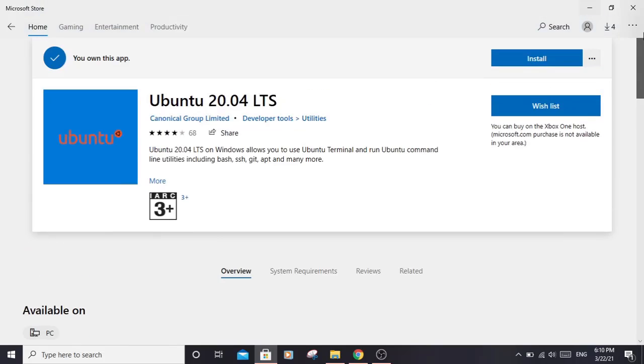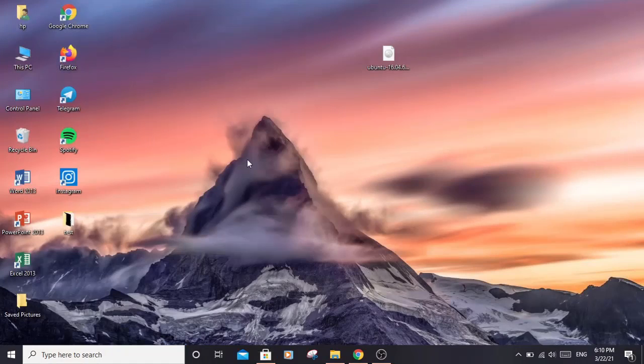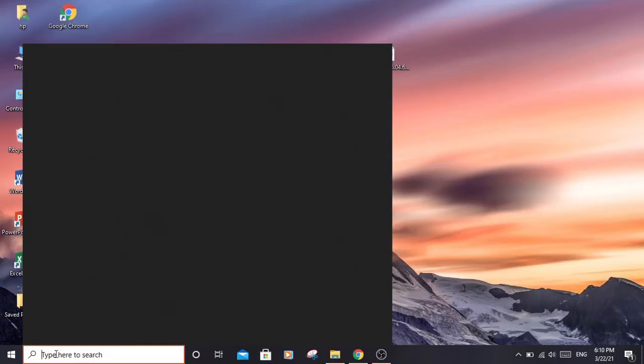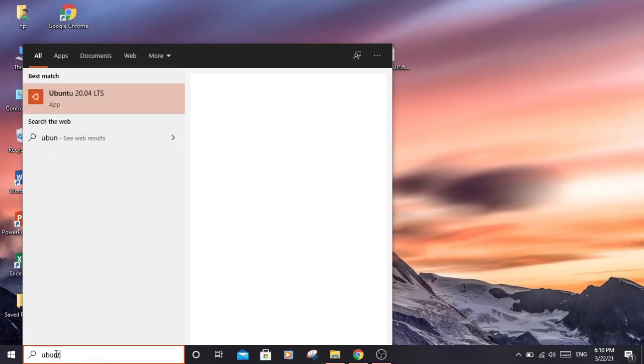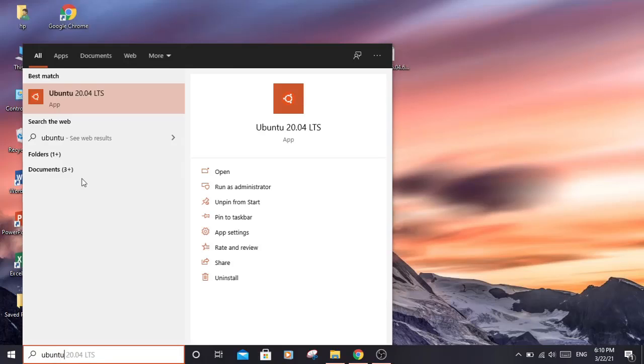You just click on install and it will start downloading the Ubuntu terminal. Once you download it, you just want to go here and search for Ubuntu. This one, just click on it